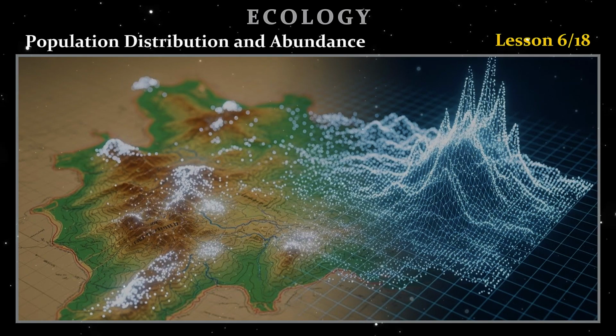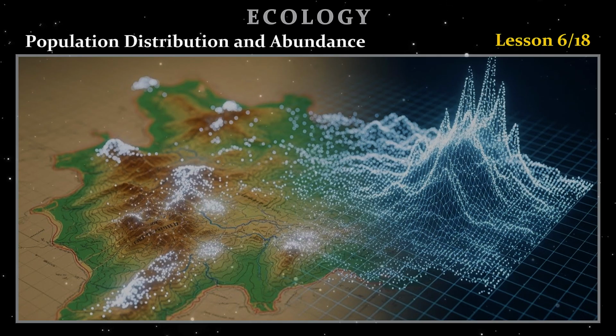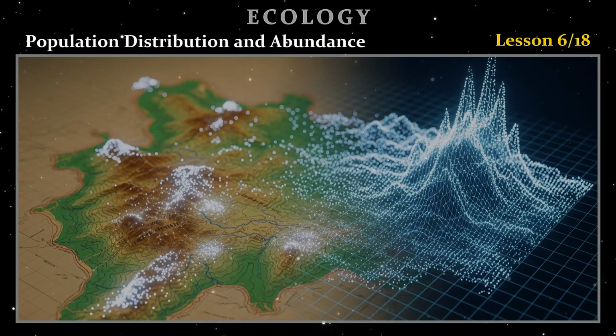We have spent the last few hours understanding the individual animal, its physiology, its behavior, its evolution. Now, we step back. We blur our eyes until the individuals merge into dots on a map. We are no longer studying the wolf. We are studying the pack. We are studying the herd, the swarm, and the colony. In this lesson, we will learn how populations are spaced across the landscape, how we count them, and what invisible walls limit their numbers. Breathe deeply, and imagine you're a satellite drifting silently over the planet, watching the patterns of